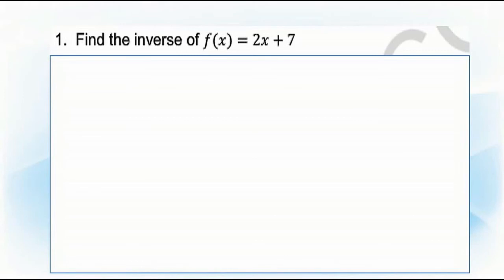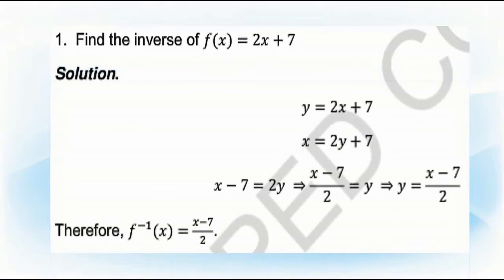Let's now find the inverse of f of x is equal to 2x plus 7. Solution. So that becomes y is equal to 2x plus 7. Then interchange the x and y variables. So that becomes x is equal to 2y plus 7. Then subtract both sides by 7. So that becomes x minus 7 is equal to 2y, which implies that